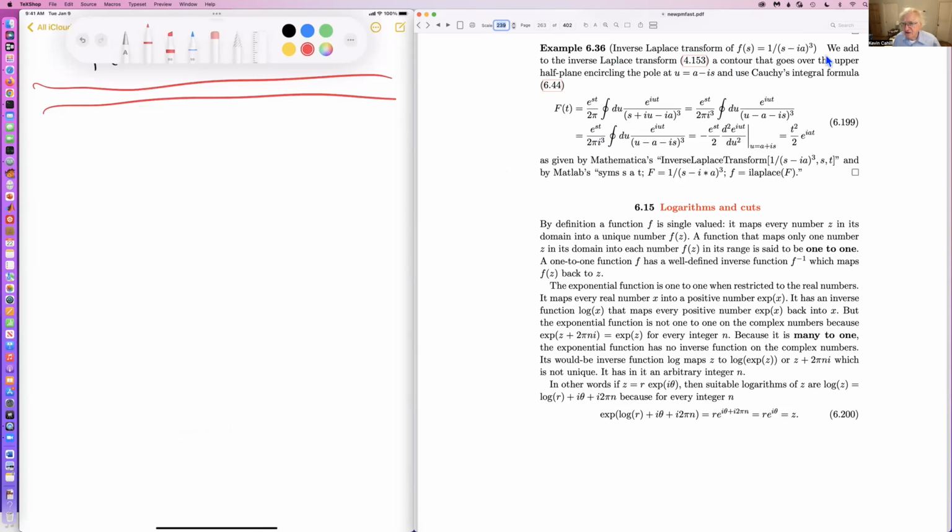So the question is finding the inverse Laplace transform of 1 over (s minus ia) cubed. And well, we have a formula for that, which was derived back in chapter 4. And if we just apply that here, we substitute for F of s, 1 over s plus iu minus ia, and then what we have is